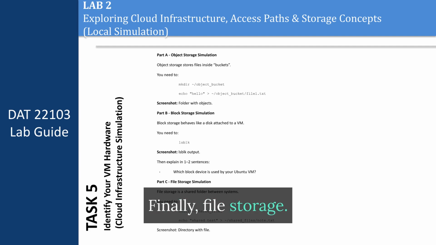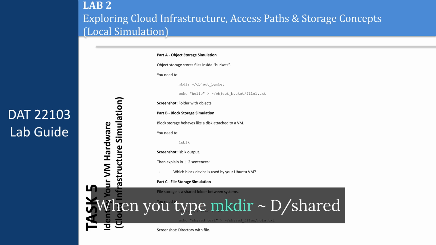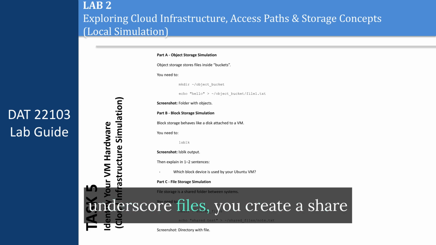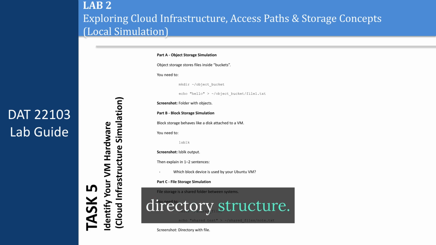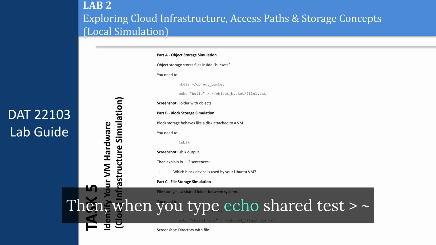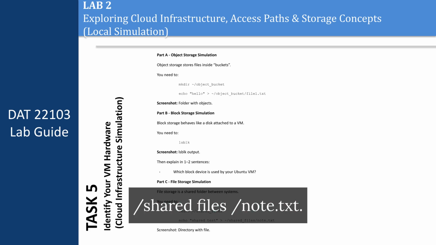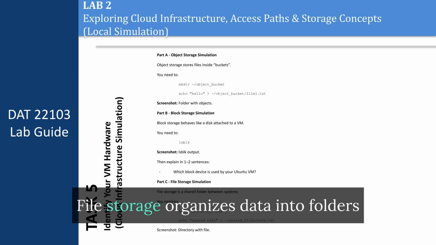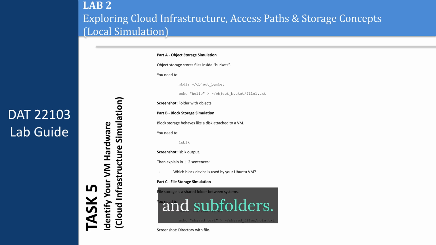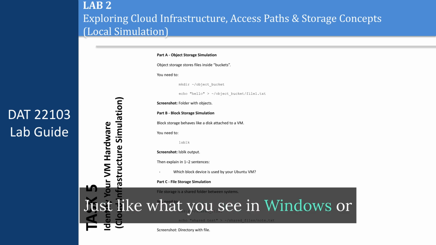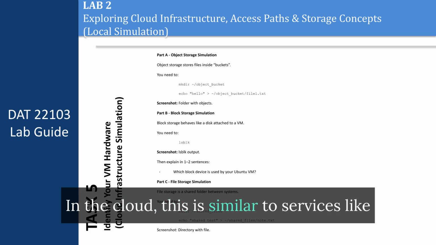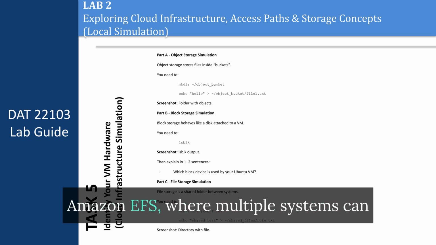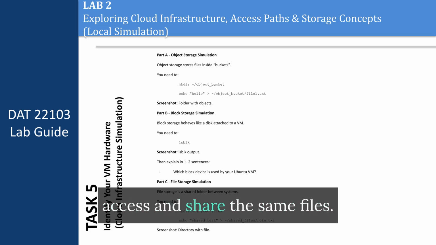Finally, file storage. When you type mkdir /shared_files, you create a shared directory structure. Then, when you type echo shared test > shared_files/note.txt, you create a file inside that shared folder. File storage organizes data into folders and subfolders, just like what you see in Windows or Linux. In the cloud, this is similar to services like Amazon EFS, where multiple systems can access and share the same